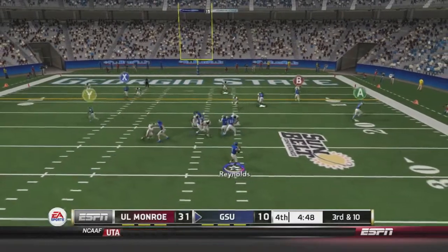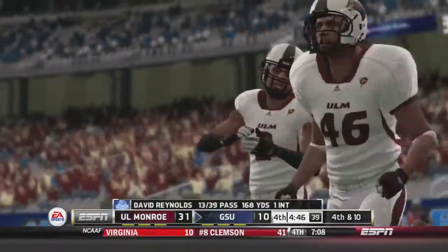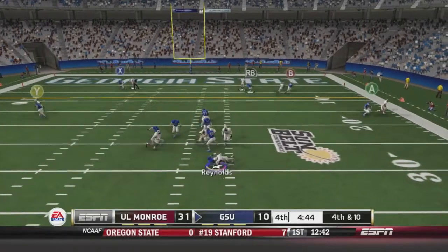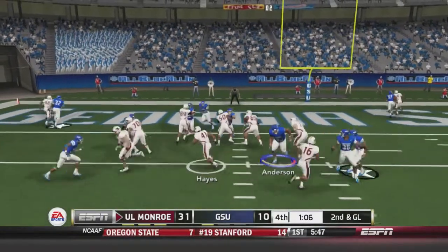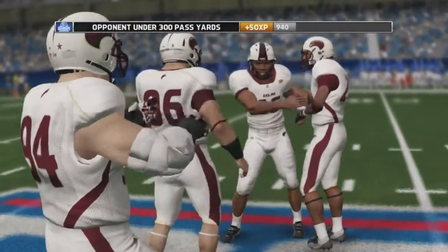3rd and 10, Reynolds back to pass once again, firing for the end zone again for Marcus Jackson, but it's off the mark, incomplete. So on 4th and 10, we have to go for it. Reynolds back to pass, and a free rusher comes in and sacks Reynolds for a 10-yard loss and turnover on downs. Louisiana Monroe would get one more score in this game with just over a minute to go, sealing this